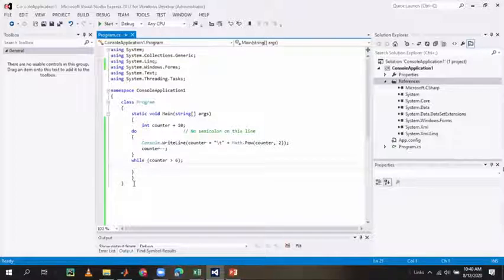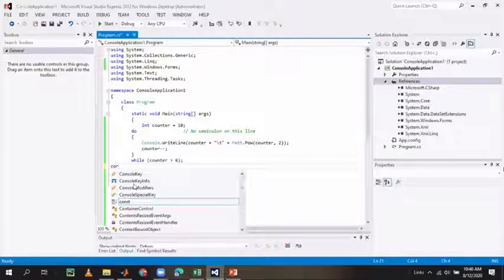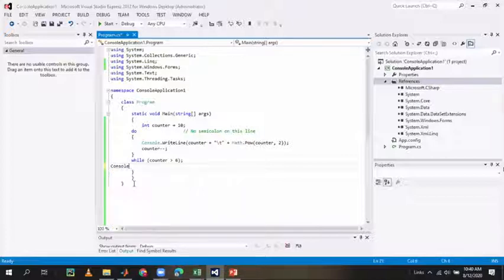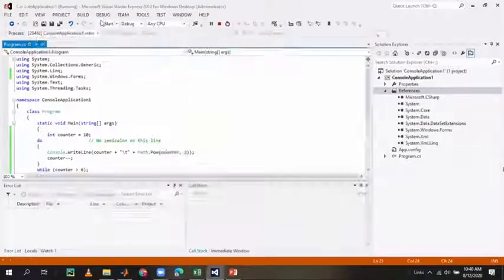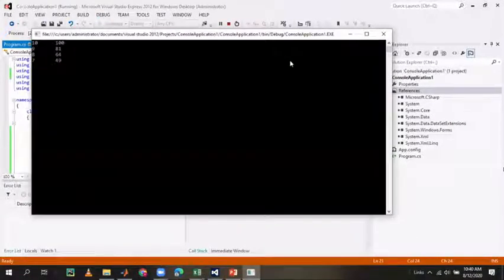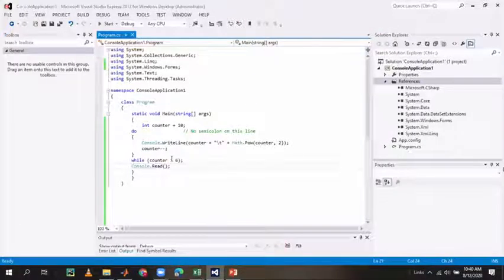Okay, Console.Write. Read. Okay. Now you can see the output up to 7. Now I change the condition, because that 6 is there. If you put 10,